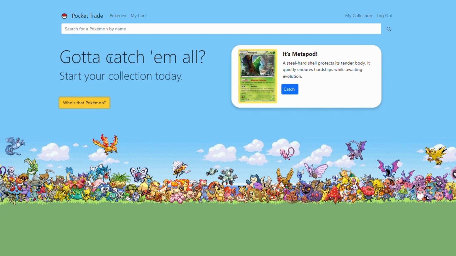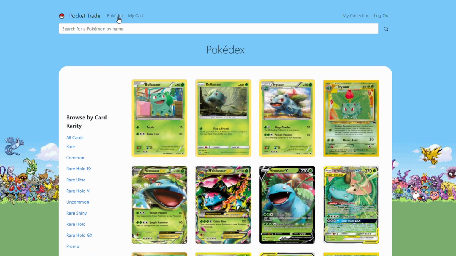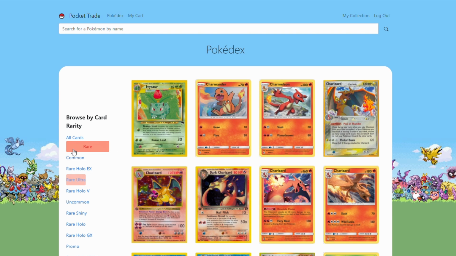Users can also browse cards by card rarity using the Pokédex, which is rendered with React. I implemented a React useEffect to make a fetch request to my server which renders the cards matching the selected rarity filter. After selecting a card, users can view cards available for purchase by other users, which are objects